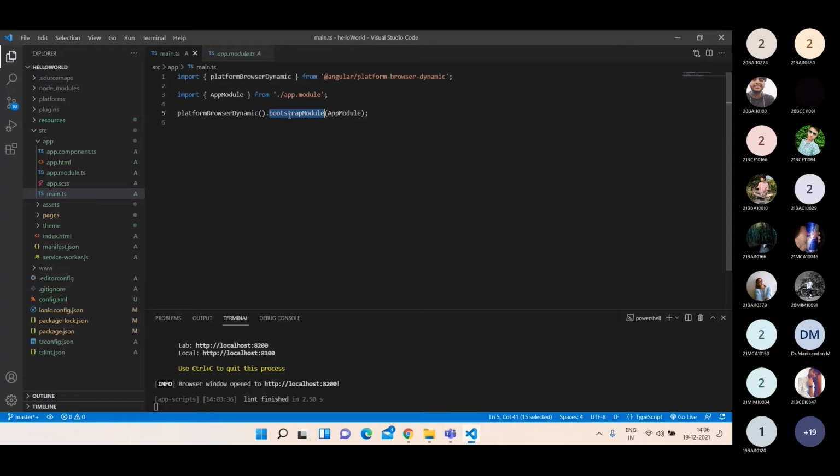What do you mean by bootstrap module? Any idea what do you mean by bootstrap? It is a framework that is provided for default CSS and JS, default themes, to make it easy to make websites. Yeah, but this bootstrap is not referring to that. Even if you are learning the operating systems concept, you will be having something called bootstrap. What do you mean by bootstrap is the first thing.